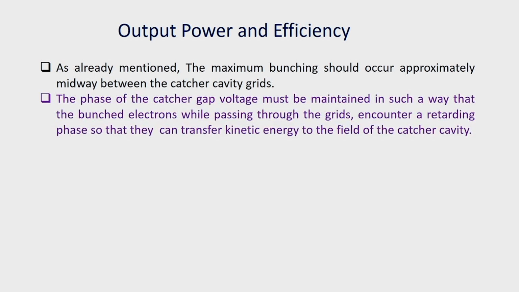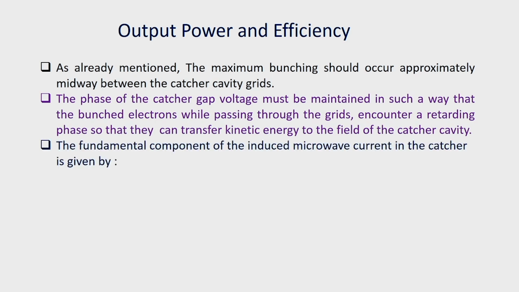The phase of the catcher gap voltage must be maintained in such a way that the bunched electrons, while passing through the grids, encounter a retarding phase, so that they can transfer kinetic energy to the field of the catcher cavity. The fundamental component of the induced microwave current in the catcher cavity is given by